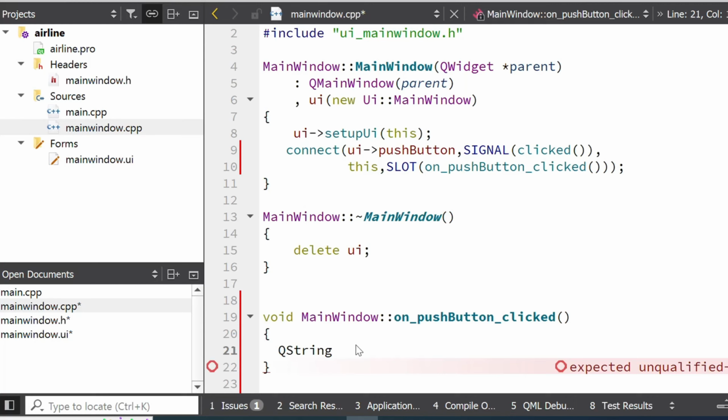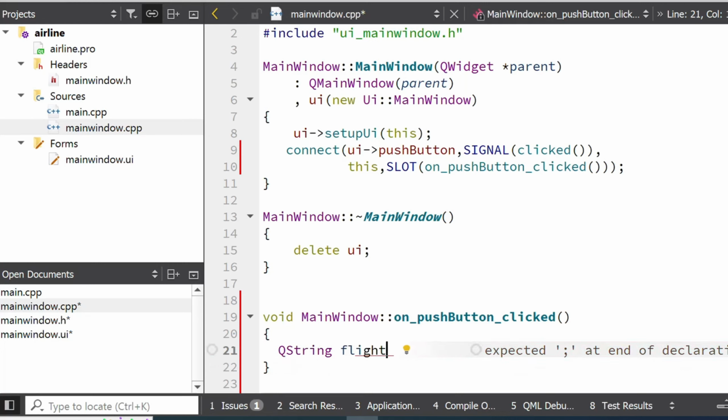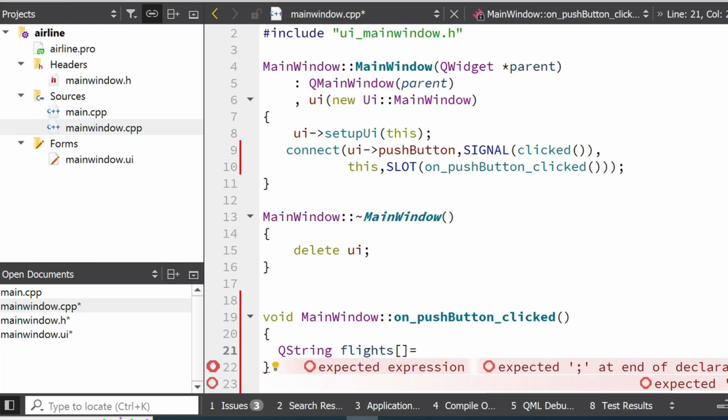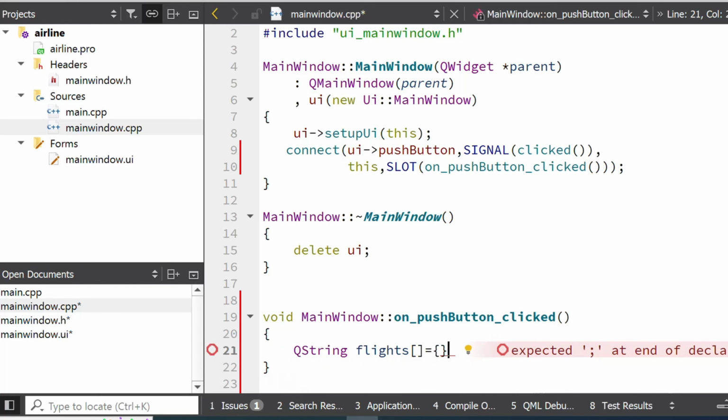So here I will use array instead of variable. So flight, okay, flights, and this is array, and after it I will assign it some values. So I will use semicolon at the end of this statement, and now I have to assign some values to